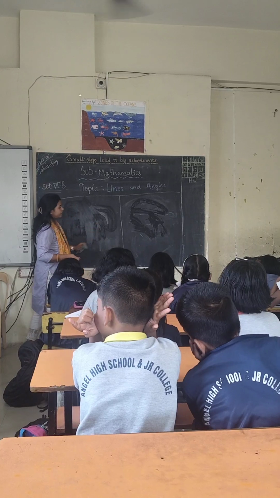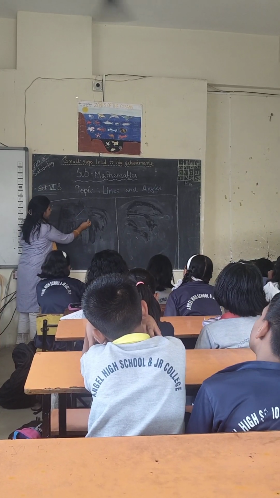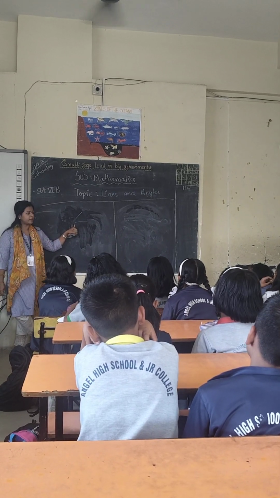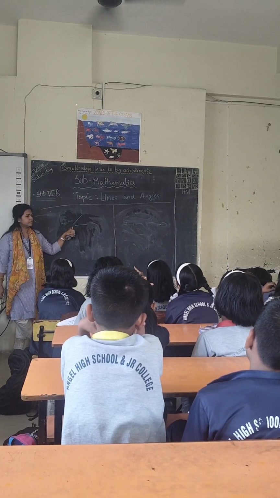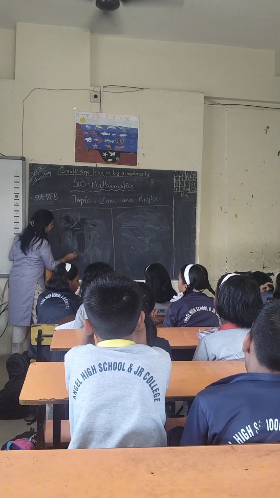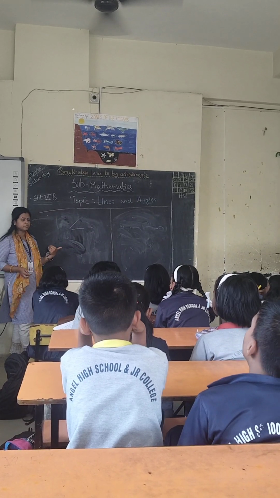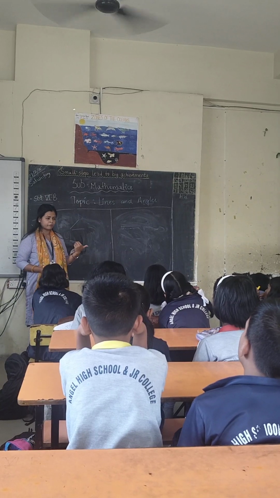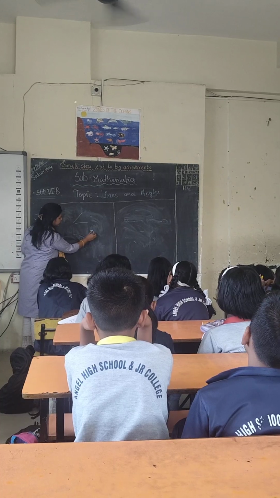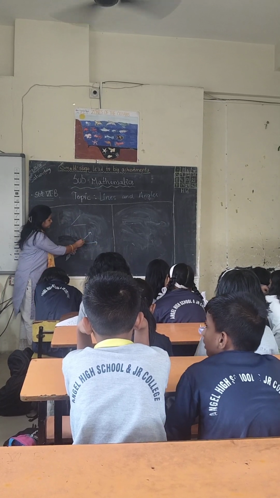So what is an angle? If I say this thing, is this an angle? No. Is this an angle? No. Why is this not an angle? Yes, because the line is not drawn. For an angle, we need to draw it. It starts from a point because the rays start from a point and a line starts from a point. So from the point, one line is going in this direction and this line is going in this direction. And here in between these